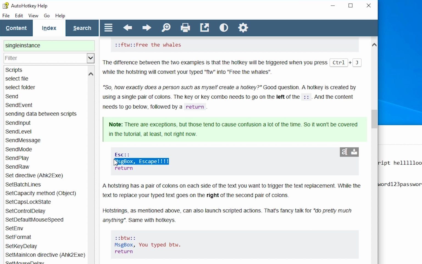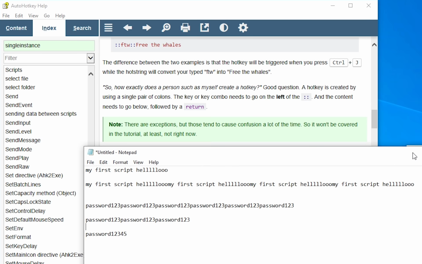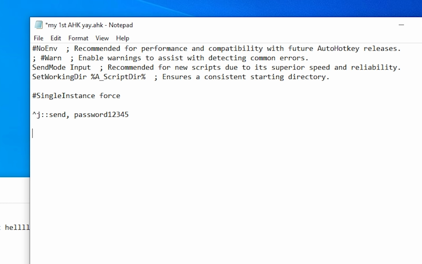Message boxes. These are your bread and butter for debugging your scripts, or at least they are for me. I don't know what normal programmers do, but I use message boxes and tooltips to debug my scripts. So this is very important, and please pay attention. We're going to add another line of code, which is going to be Alt P, because why not? And then colon, message box, spelled out like that,